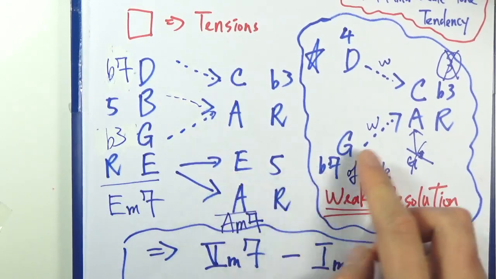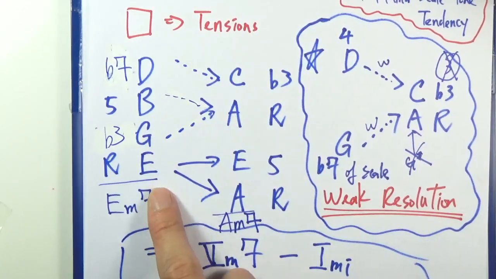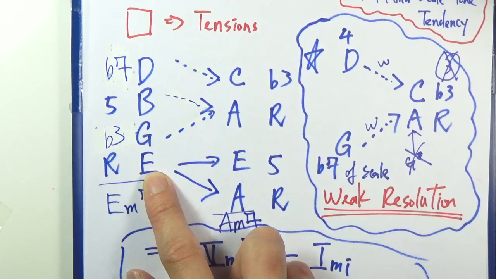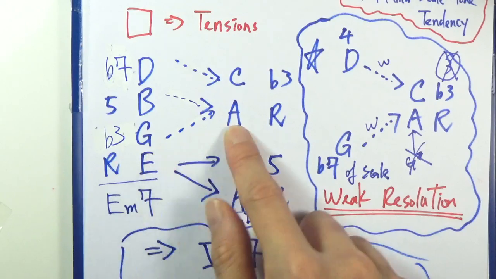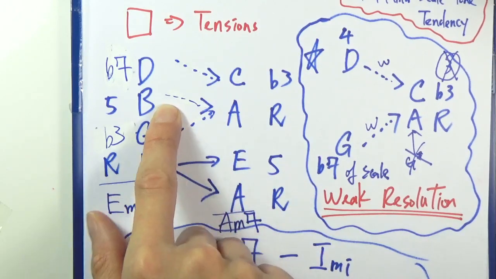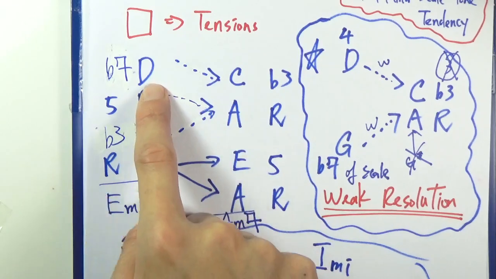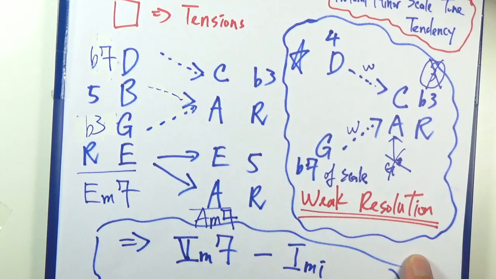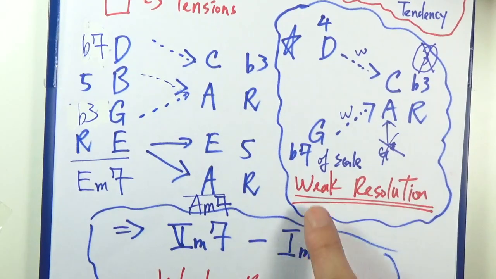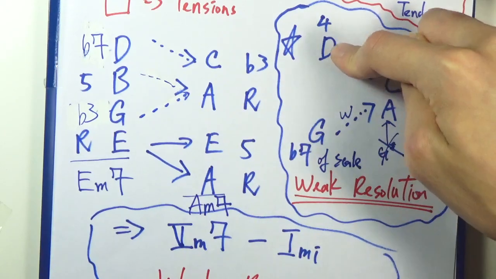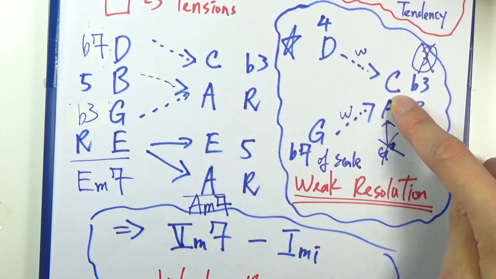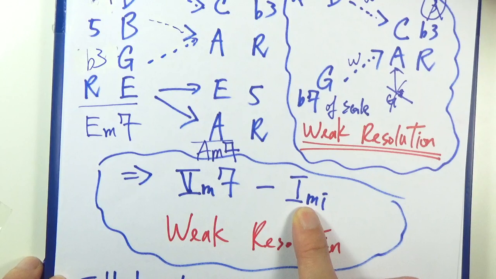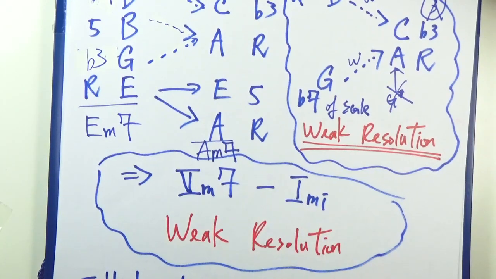Okay. And if we point out the scale tone tendency here, point out all the resolution points, we have E resolving down to A. We have E staying as E. G resolving up to A, that's a weak resolution. B resolving down to A, that's weak. D resolving down to C, that's weak. So as a whole, it's actually a weak resolution. Alright, so again, flat 7 to A is weak. D to C is a weak resolution as well. So as a whole, 5 minor 7 to 1 minor, which happens in natural minor scale, is a very weak